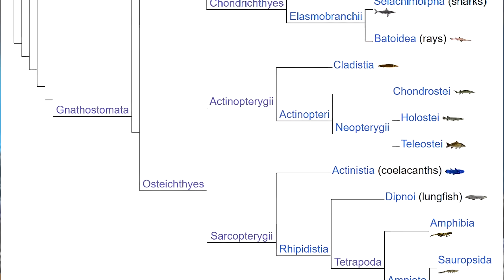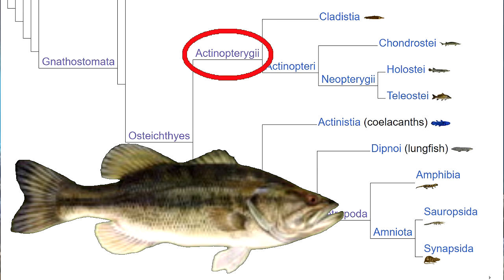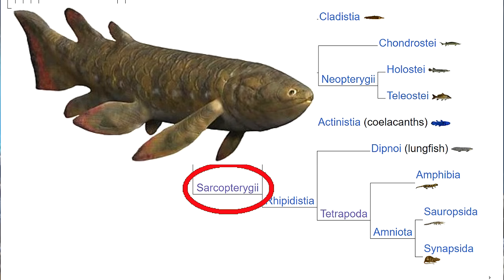This group, too, diversified into another couple of daughter sets, Actinopterygii, which are the ray-finned fish familiar to all fishermen, and Sarcopterygii, which are the rare and strange lobe-finned fish, meaning that their fins are on the ends of appendages like little arms. I mentioned there that I would probably do a video on the evolution of sharks and another